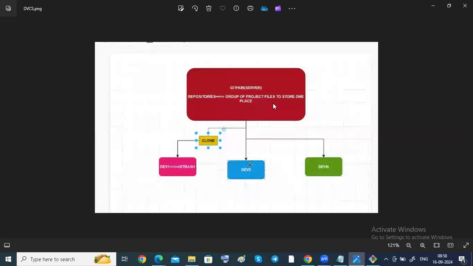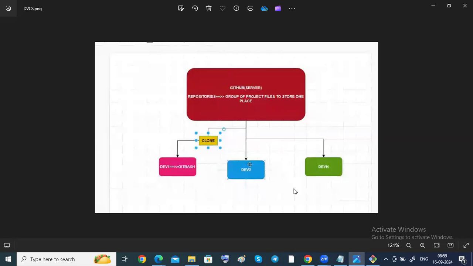Whenever this central repository fails, the entire code is available on the developers' local systems, guys. Then again they can create a new repository for the project and push it again. Or else, if one developer's local system has been corrupted, another developer will have the entire project. The entire code is already available, and he can change his code.